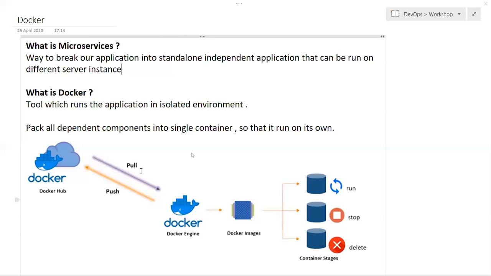So container is in the sense, whatever dependent application or dependent software you want, put all together into one container and give it as a single package. Like for example, you will have one folder. In that folder, you put all your software, Tomcat and Ubuntu and Java, everything, and zip that folder and give it to all the teams. Give the zip file, use that zip file, and you launch that application like that. You are giving the different teams that folder. So that is like containerization, putting it all together.